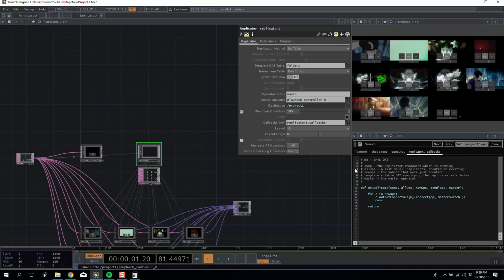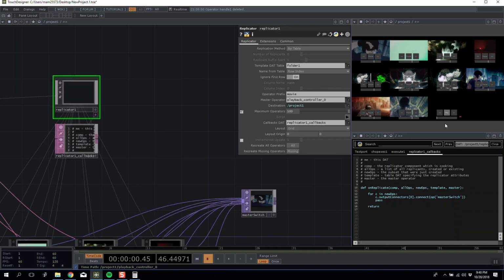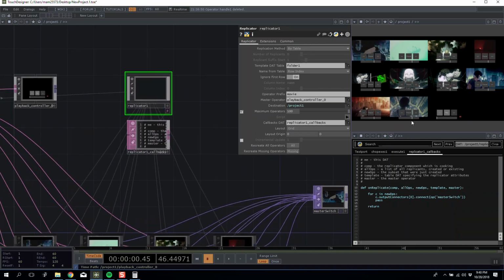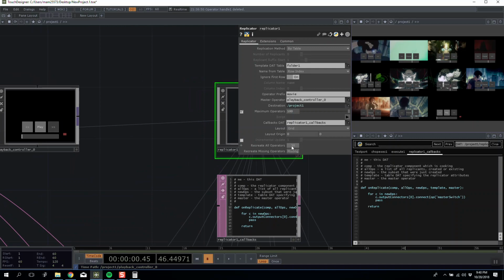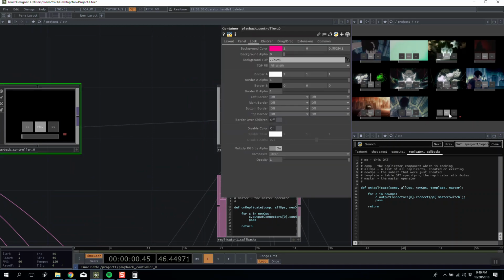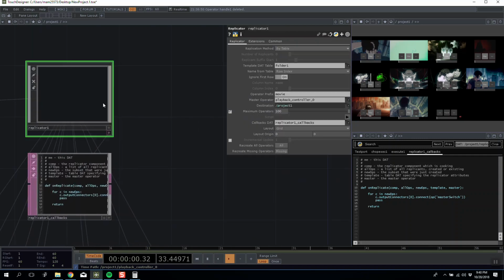Now if I recreate them all, one thing important to note is that if I change the state of the master replicator here, the one that has nothing, and then recreate them all, you can see they all now are paused. Whereas if I unpause this and recreate them again,